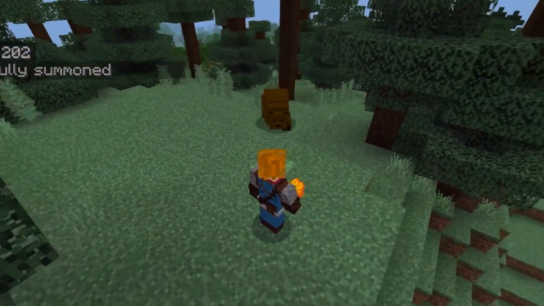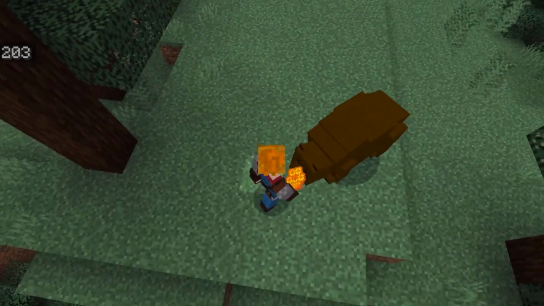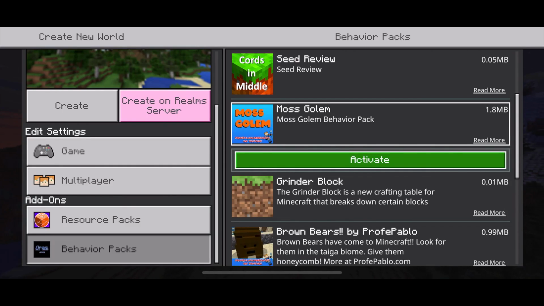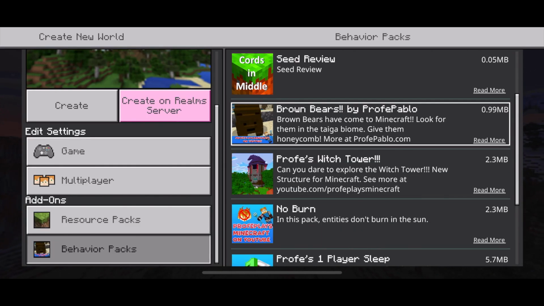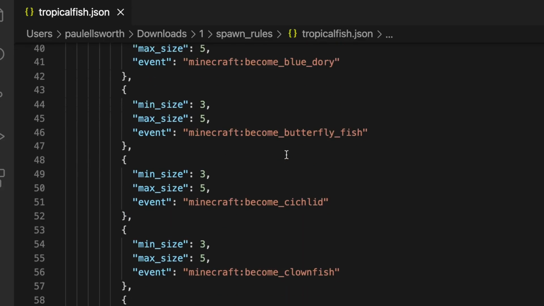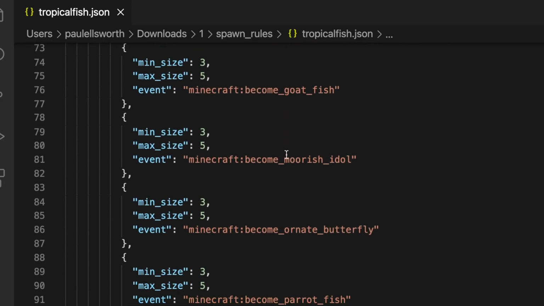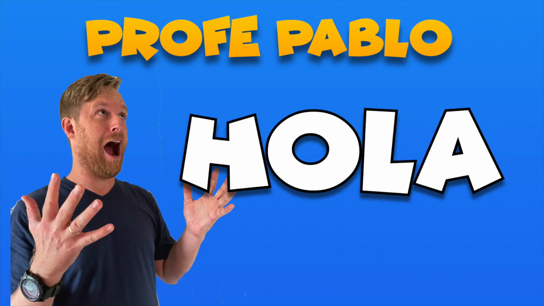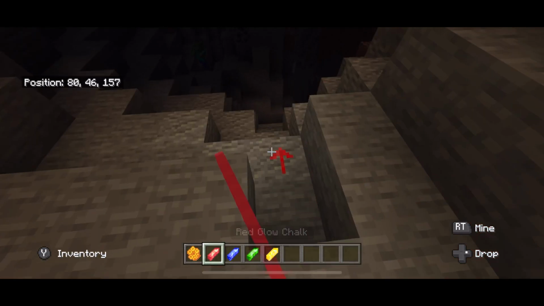One of my favorite aspects of Minecraft Bedrock is the fact that they let you edit or modify the game. You can enhance your Minecraft gaming experience through Minecraft add-ons, and even learn coding at the same time. I'm Profe Pablo, Spanish teacher turned Minecraft engineer, and in this series I'm going to be walking you through step-by-step